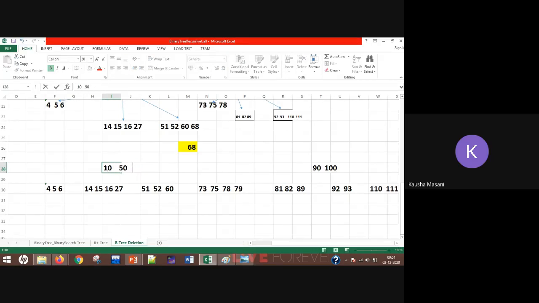Okay, now see, 68's right subtree consisted of this portion. Okay, 73, 75, 78, and 79. All right, this was the right subtree. Now what about it? I cannot place it on the left side, right? I cannot place it on the left side. So what I need to do is, I need to arrange that in such a manner that it goes on the right side here. Okay,